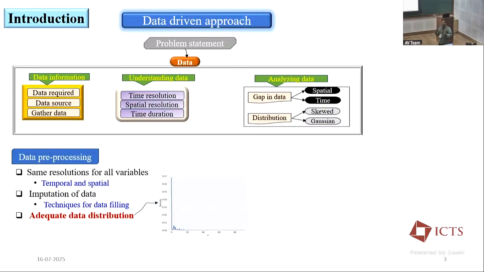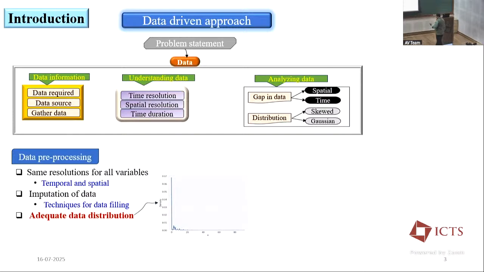These are very basic things, but you have to always keep them in mind. Whenever you start a problem, you have to note down in your notebook the things to do before starting training. And if there is any gap in the data, what methods are you going to apply to fill that gap, the imputation of the data? There are many mathematical techniques, you can call them machine learning techniques, and there are some scientific ways to do that. You have to think physically whether it is correct or not.